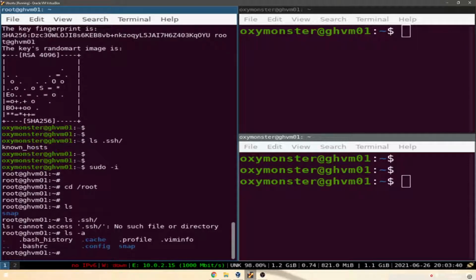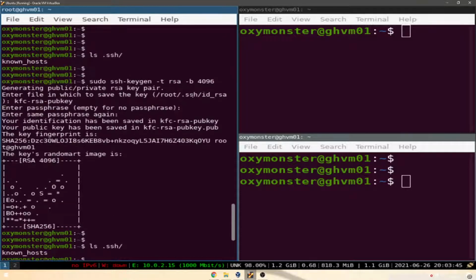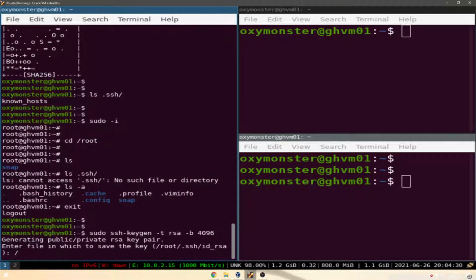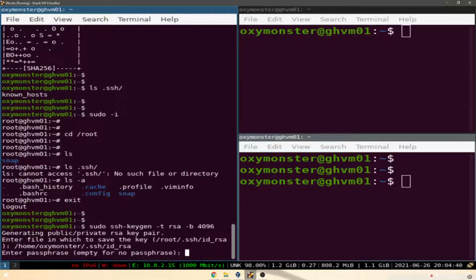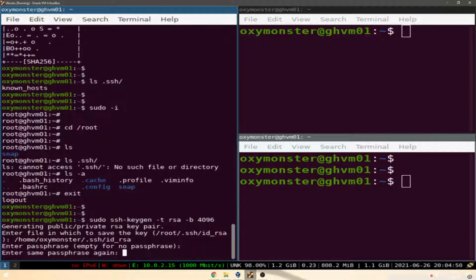Okay, I'm in root, and there is no .ssh directory. So where is this going? What if I do this? /home/oxymonster/.ssh/id_rsa. Can I do that? It's probably not going to work, but